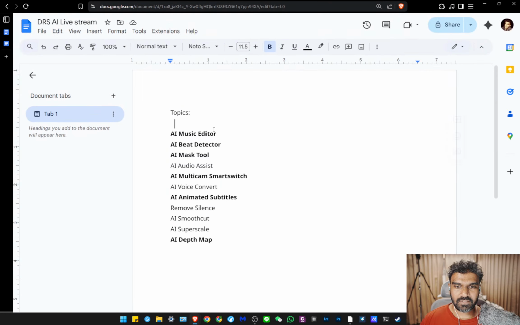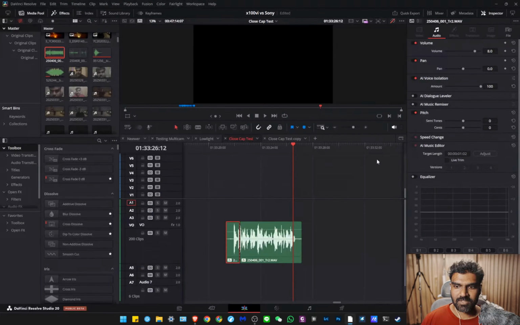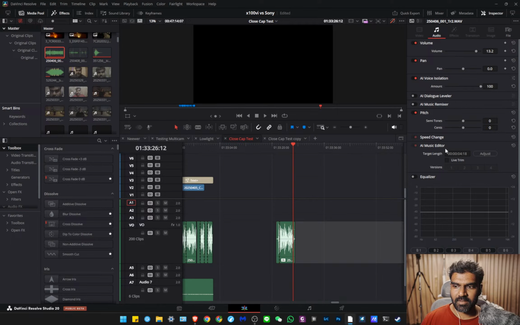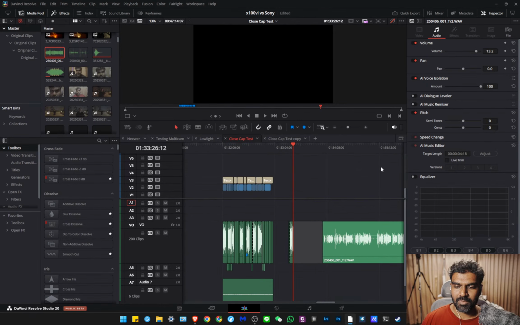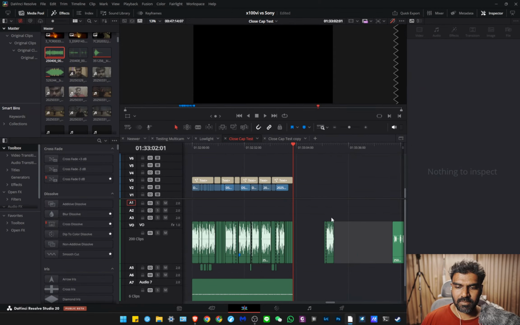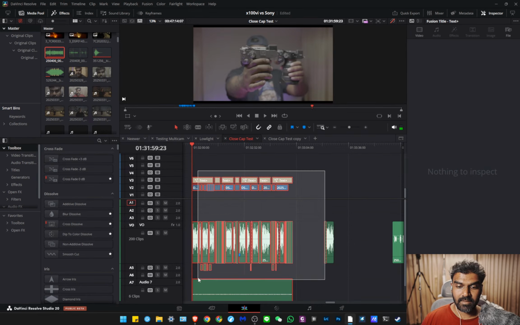But we haven't looked at this music editor yet. So let's go back to this. Here we have the music editor. Okay, so what happens here is, let's say I have this tiny